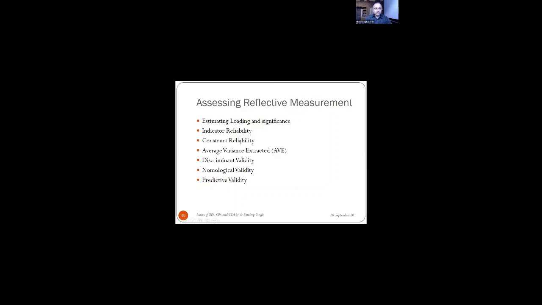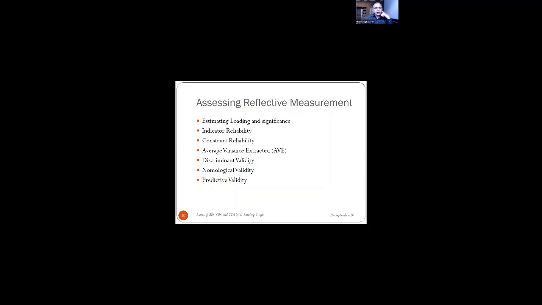Indicator reliability and construct reliability. Indicator reliability we compute with the help of Cronbach alpha, and for construct reliability there is a term CR. The basic difference between the two is that in indicator reliability only the statements are taken, while with construct reliability we take the error terms also. But before that you need to understand what is meant by maximum likelihood estimation. We will come to that. The error term is something. AVE, average variance explained, is again from the beta value. That loading is also called the beta. From there we will calculate AVE.